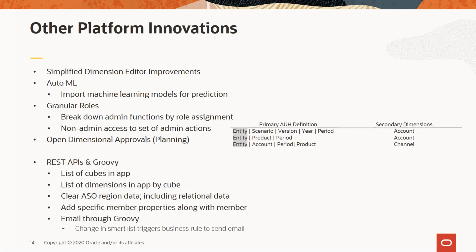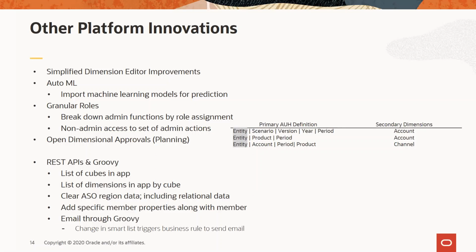Open dimensional approval essentially talks about, I think I have a screen there which actually shows you some use cases, where currently, especially this applies to planning customers, your entity, version, and scenario drives your approval. This allows you to flex those dimensions to be beyond those, which means that you can have up to 6 dimensions